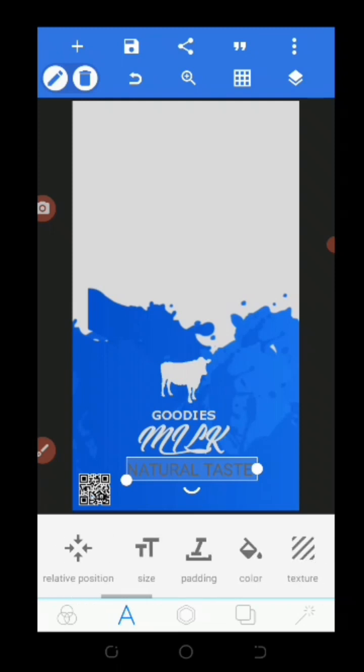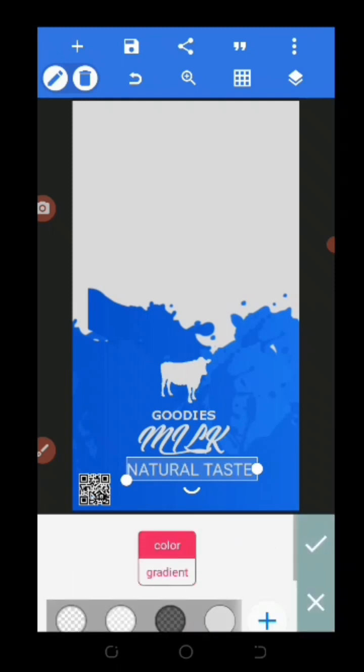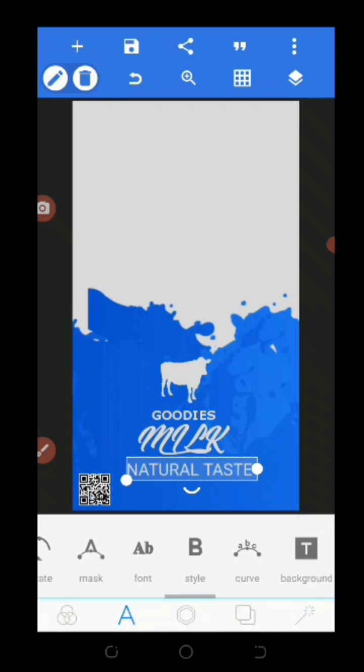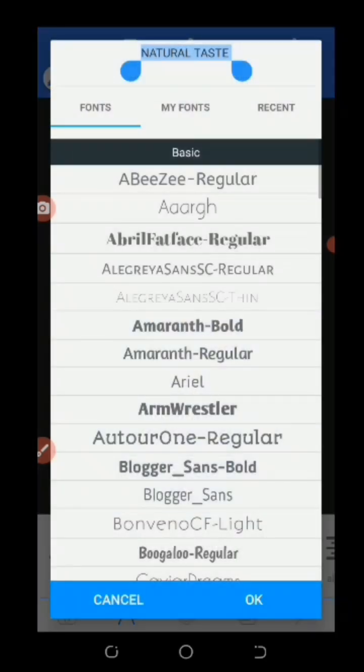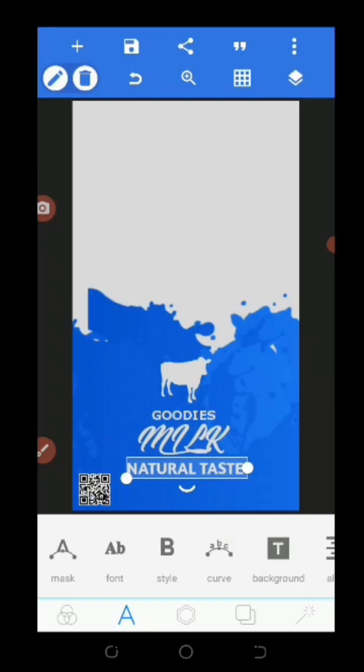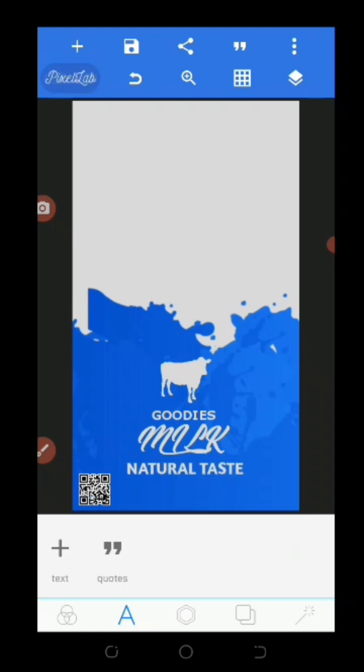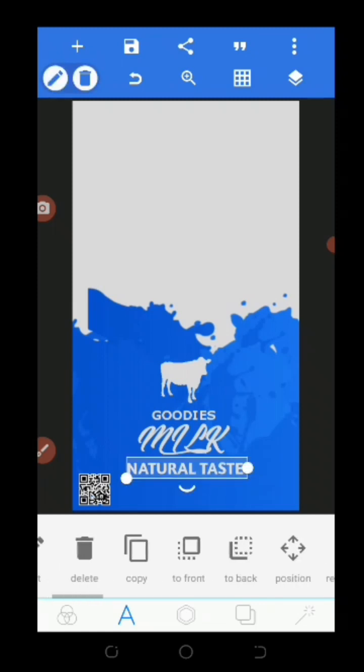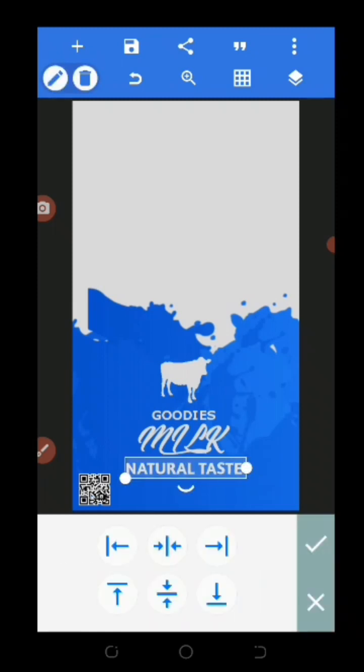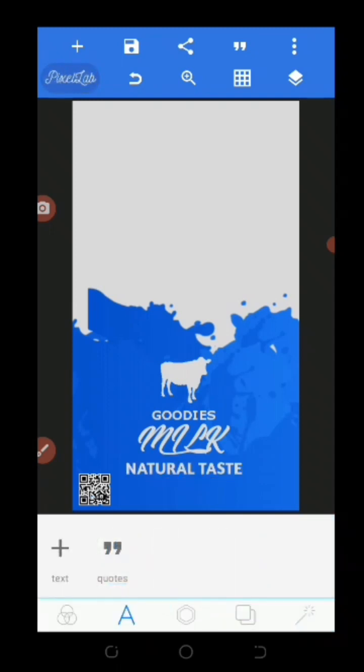So I'll be changing the color of this and the fonts. Color white, then the fonts. I make the font something like this. Okay. So let me just come over here and align it to the center. Okay. So having done that, the next thing I'll be doing now is to come over to